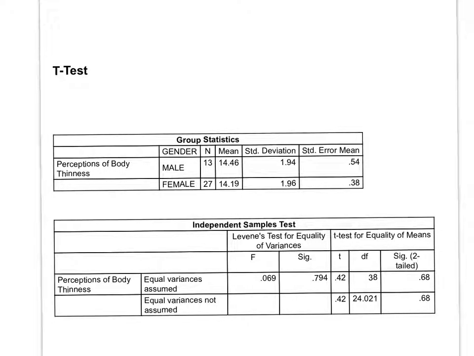Welcome to the independent sample t-test output. We are looking at community college dancers and their perceptions of their body thickness. Do they believe they're thin enough to be a competitive dancer? You can see in this top box right here, here is the variable,